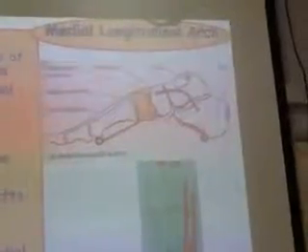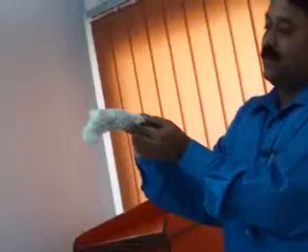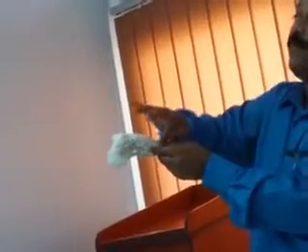The medial longitudinal arch has an anterior and posterior end, a summit, an anterior pillar and a posterior pillar, and a main joint of the arch. The anterior end is formed by the heads of 3 metatarsal bones. Here is a metatarsal bone, the heads of the 3 metatarsal bones. Here is the anterior end. And the posterior end is the medial tubercle of the calcaneum.